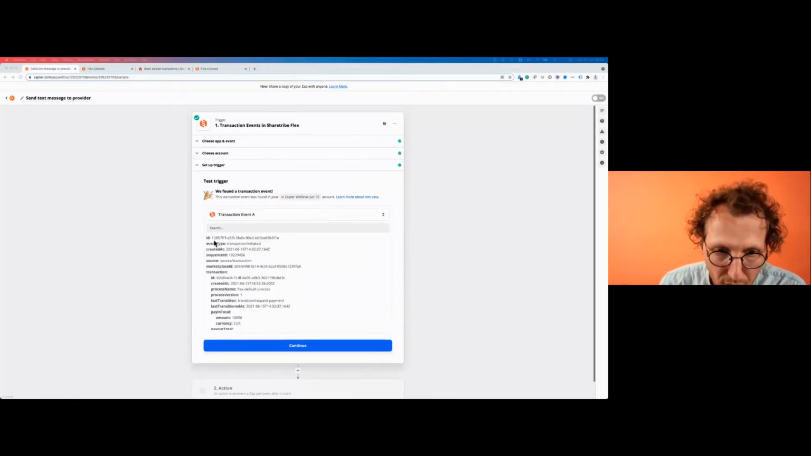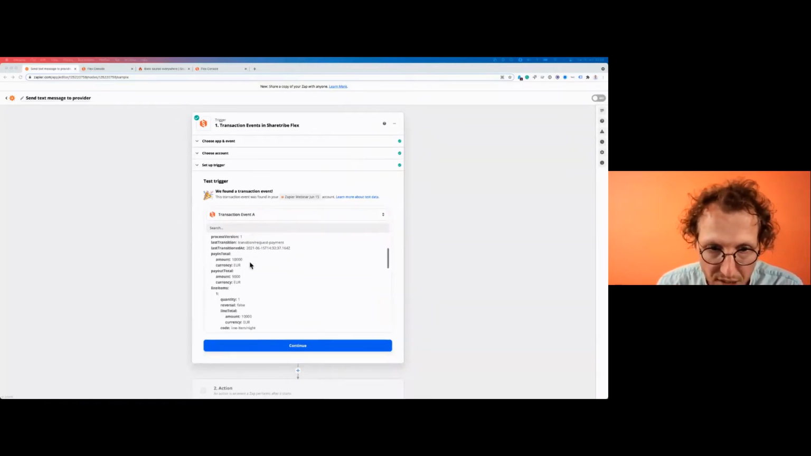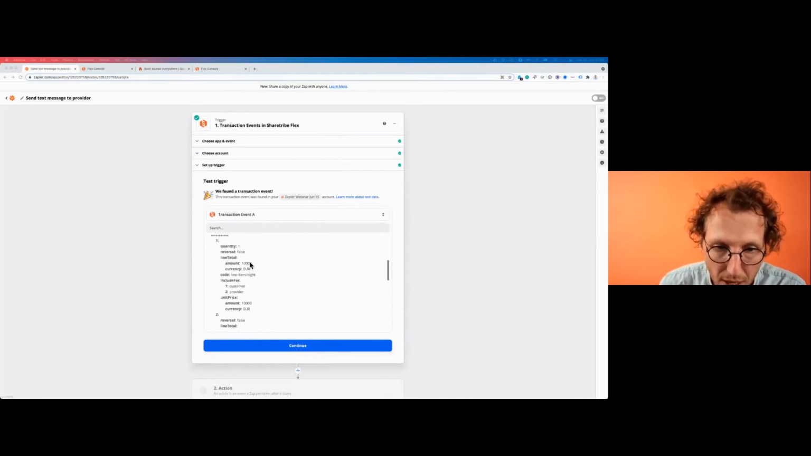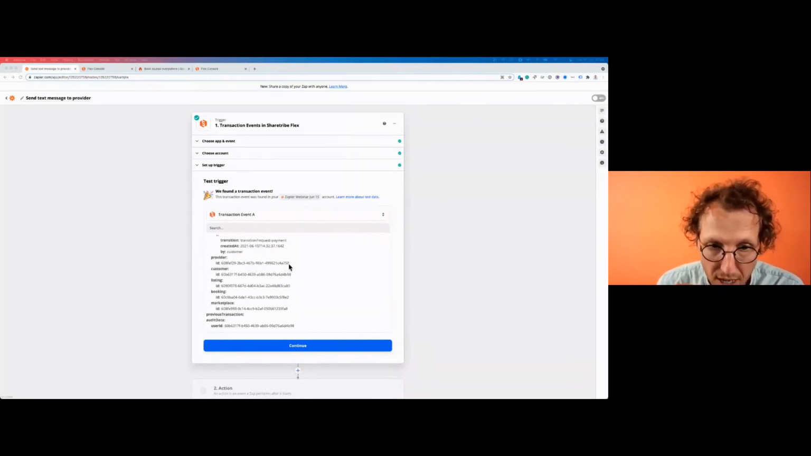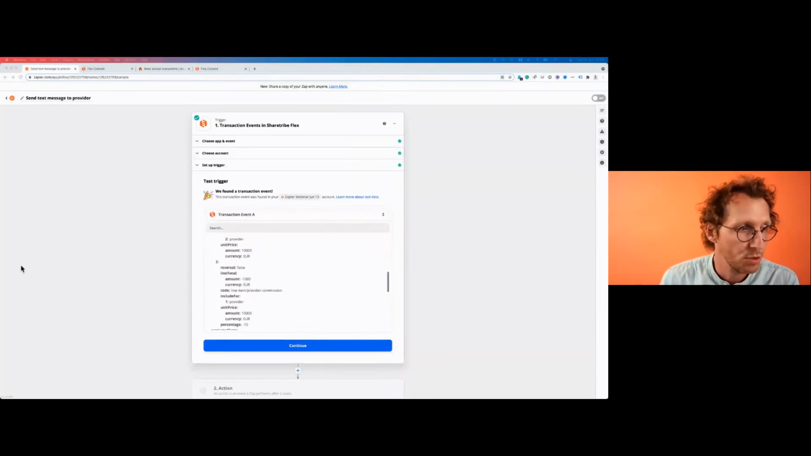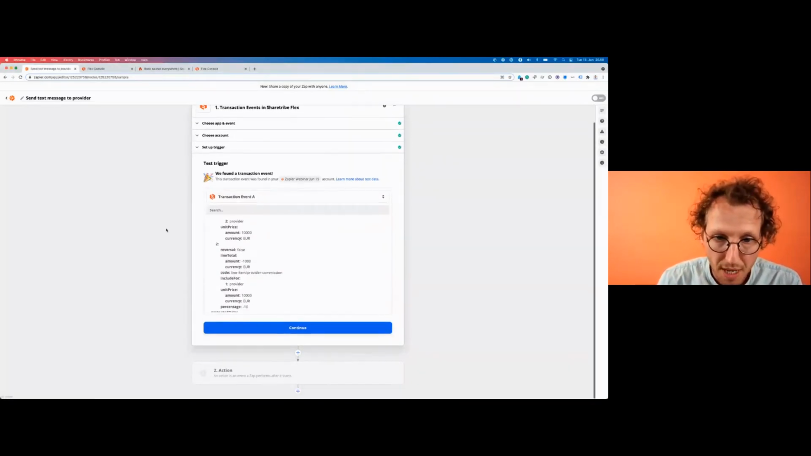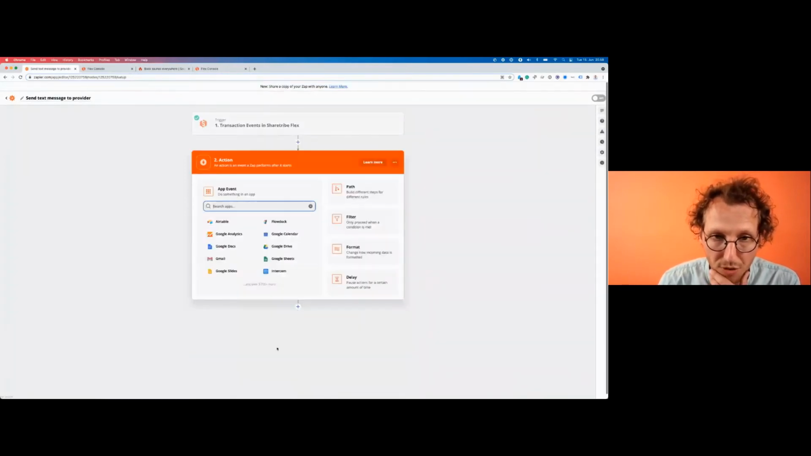First of all, here's the transaction ID. That's one that's going to be interesting for later. But here we also have the provider ID, the customer ID, the listing ID, and the booking ID. And we can use this information to populate the next action. So this is the trigger. And then the end action that we want to do is